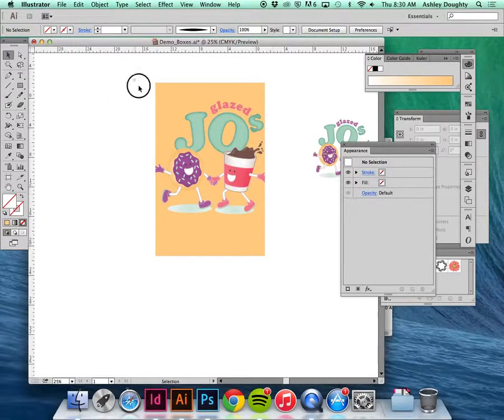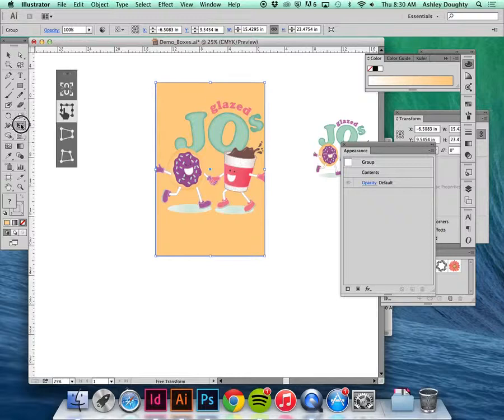Let's see. There we go. So you can pull up the free transform tool and you can choose some of these different distortions. You could also use the warp tool for this, but